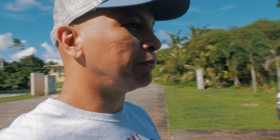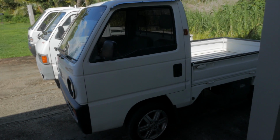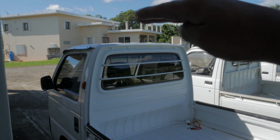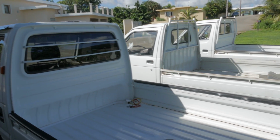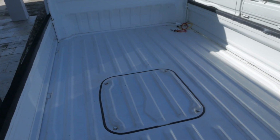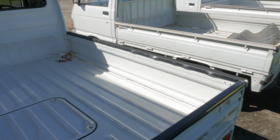Now let's talk about the similarities of these trucks. So they're all about 10 feet long, about 5 feet high, and about 4.5 feet wide. Their beds are also about 4 feet wide and 6 feet long. All the beds on these trucks can fold down to make it a flatbed,